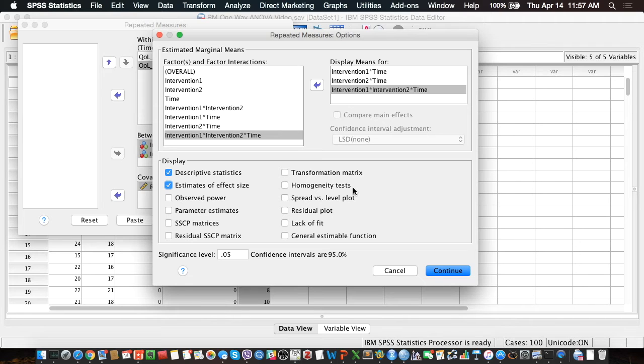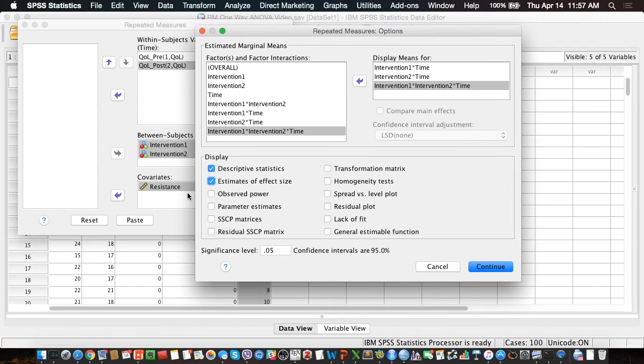Also, it would report Box's M, to test the homogeneity of the covariance matrices. So basically what it will do is check for the homogeneity of regression slopes. Let me clarify that. It means that in such models here, for example, we are making the assumption that resistance